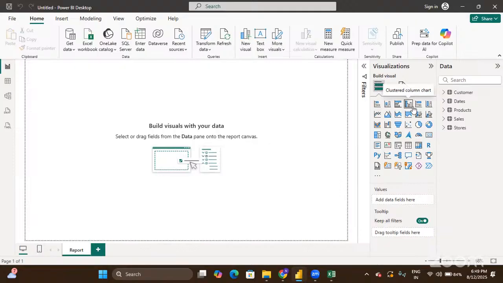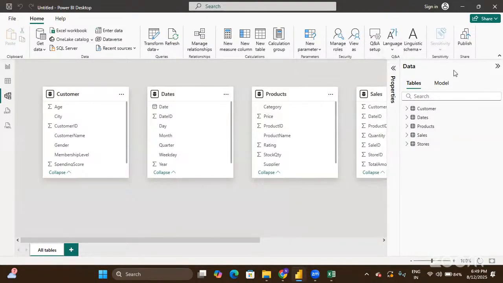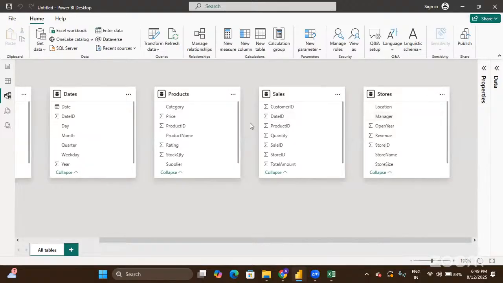and let us start understanding each and every visualization, the important visualizations one by one. So focus. I have loaded the data into the data pane, but before that, I'll quickly go and cross check whether there is the relationship established between the different tables or not. You see here, there is no kind of